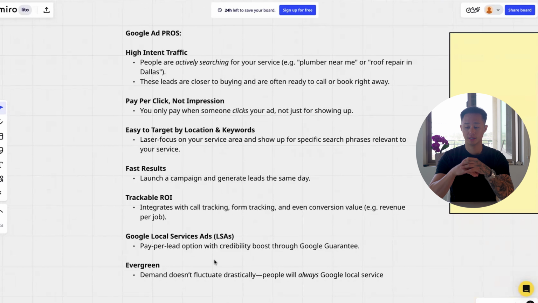Google Ads is obviously much higher intent traffic because people are actively searching for your services. Okay. So people are searching a plumber near me, roof repair in Dallas, electrician in Newport Beach, Los Angeles. So these are people that are already searching for you, which makes them red hot leads. Okay. So these leads are much closer to buying and are often ready to call or book right away, which